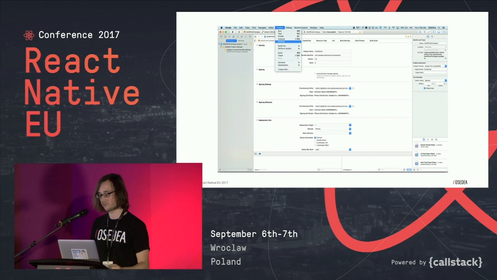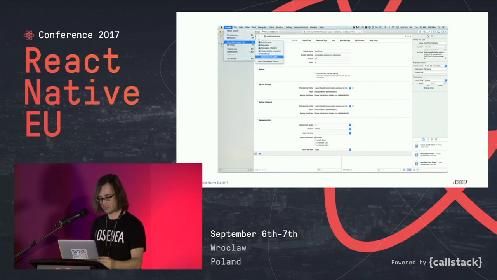Then we need to build an archive of our project by selecting the Product tab, then Archive. Also, there's no shortcut for this for some reason. So yeah, I don't know what happened at Xcode. But to upload the application to iTunes Connect, you then choose the Xcode tab, then the developer options, then Application